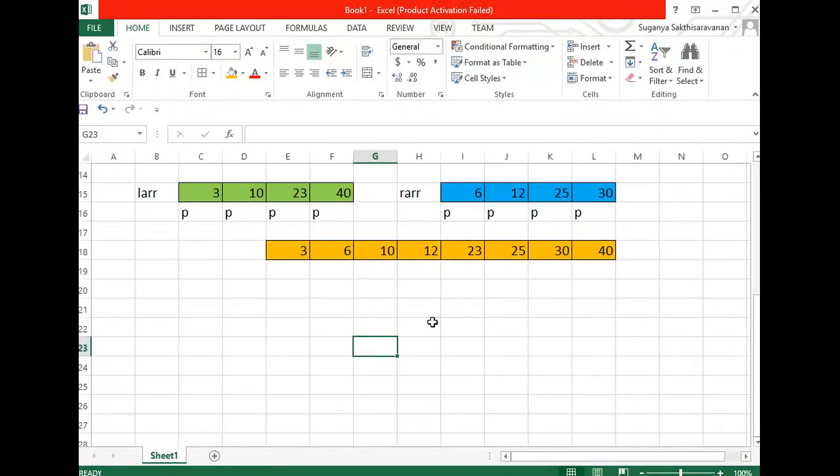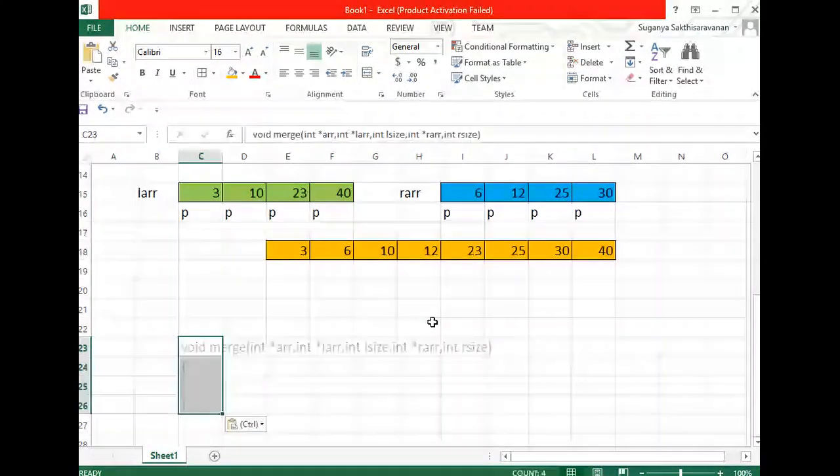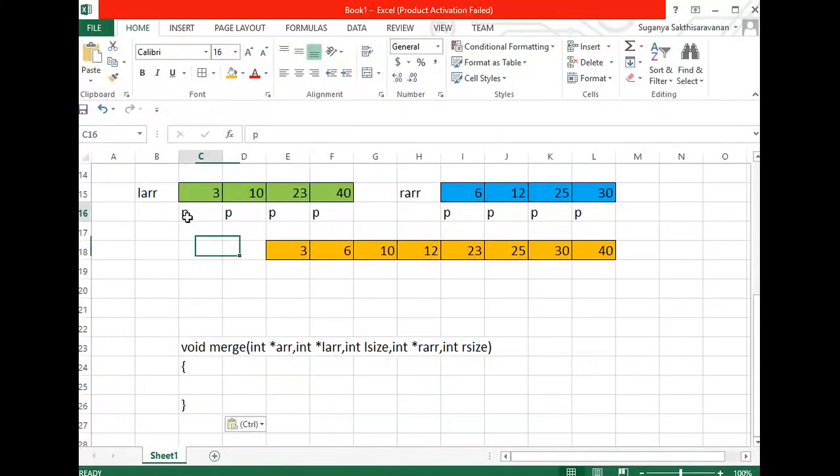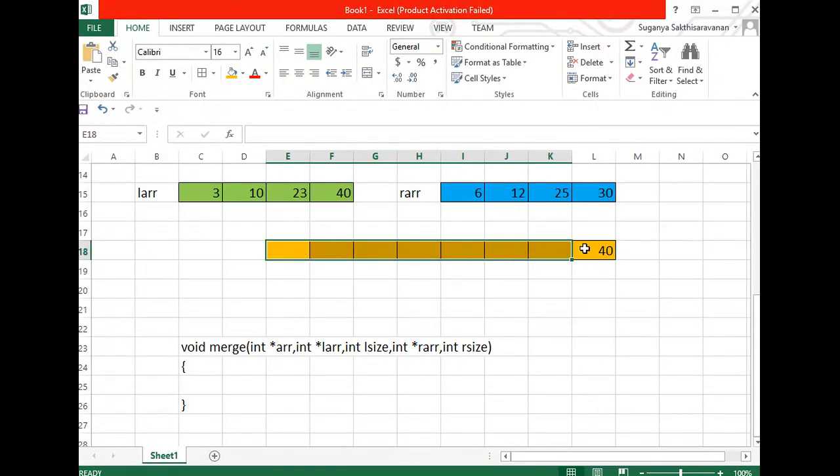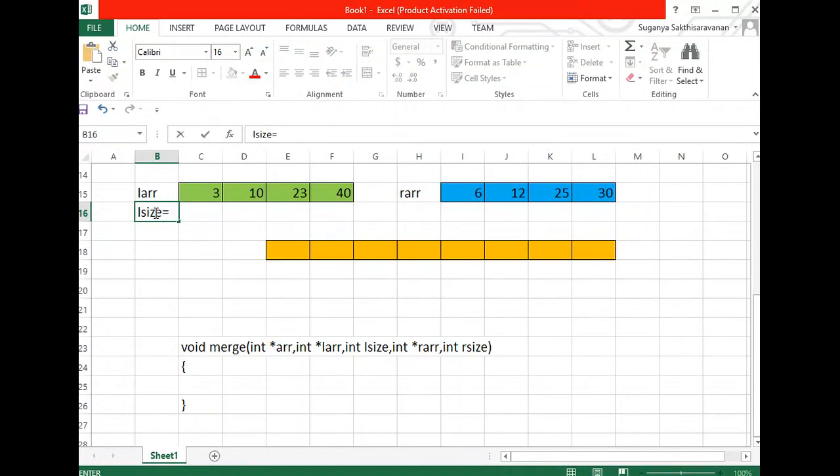Now we are going to write the algorithm here. So I will take these two, it will be easy for us. This is your left array and this is your right array. Let us assume this is your left array, and let me remove all those elements inside this before the sorted value. So this left array is passed and this is your right array which is passed, and the size of each array is 4. Let us assume your L size is given as 4 and your R size is given as 4.